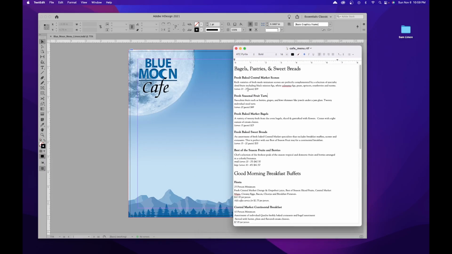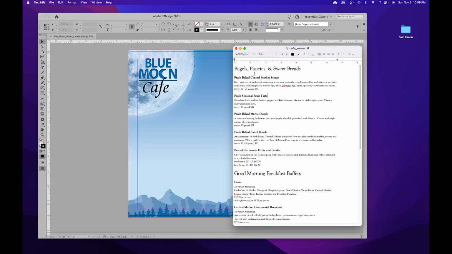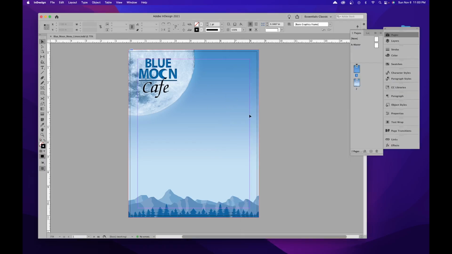So luckily it is laid out with some formatting. So I'm just going to copy the main items here, or the main, we'll call these sections. We'll call this an item, and we'll call this the description. So we have three different paragraph styles that we could apply. So let me go ahead and copy this: bagels, pastries, and sweetbreads. So I'm going to do Command C, and I'm going to go into my InDesign file, click on my type tool,